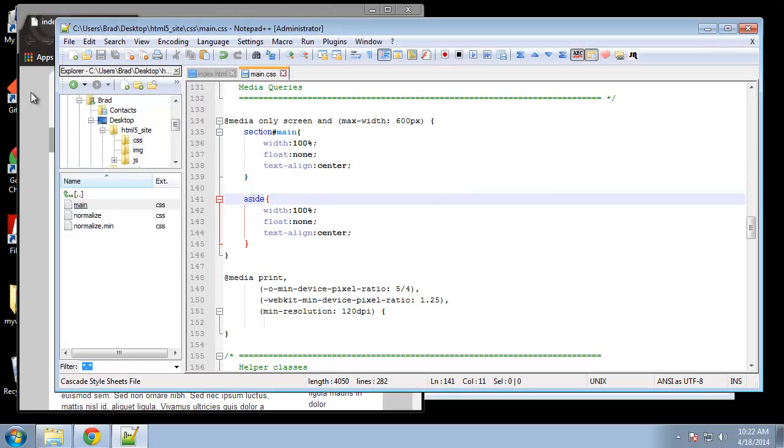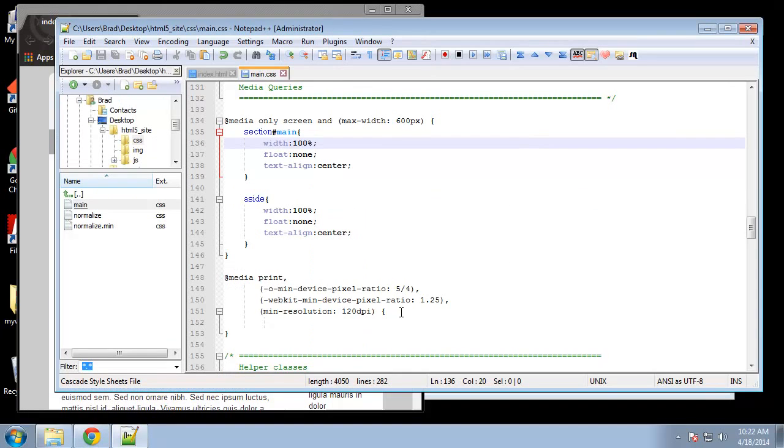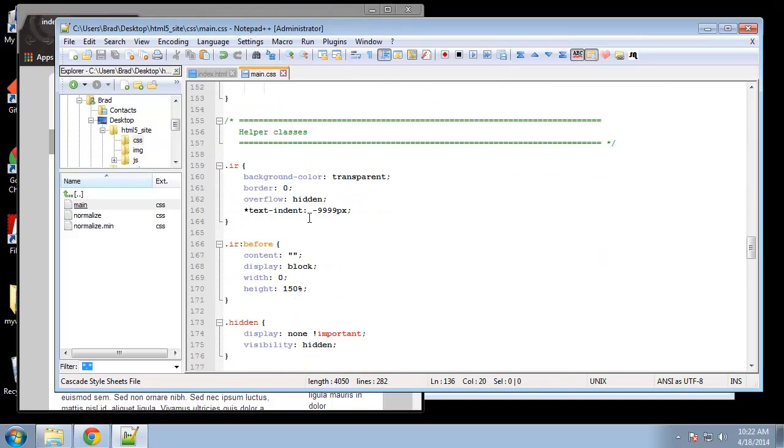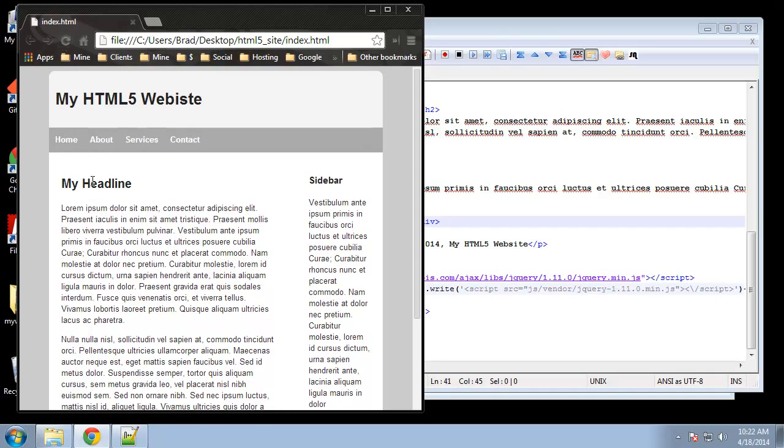Alright, so let's take a look at that. Reload. Oh, you know what? I noticed something with this boilerplate. If we go down on our HTML page and we go down here, this is causing some issues, not having HTTP in front of this, especially if you're developing locally. So I'm just going to add on HTTP and a colon. Alright, and now if we reload,